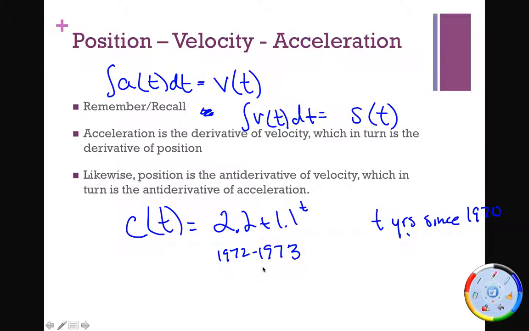Or sorry, I read that wrong. It's from the beginning of 1972 to the end of 1973. And that would represent the t values from 2 to 4. That's what I misread. Since you're going to the end of 1973, that's basically the beginning of 1974. And since we started at 1970 being 0, this would represent 2 to 4. And it's essentially the integral from 2 to 4 of my consumption function,